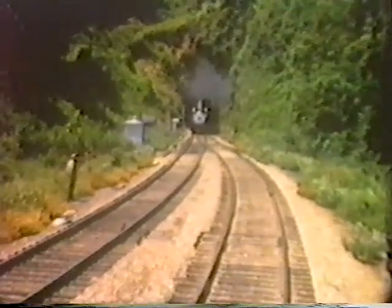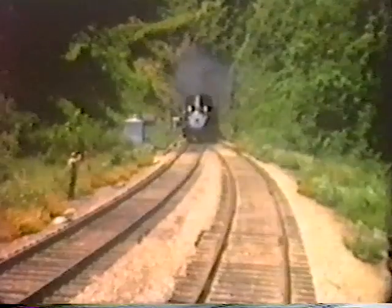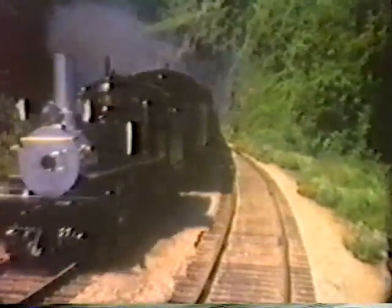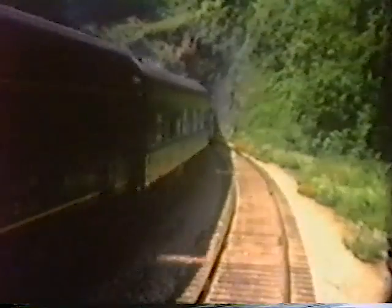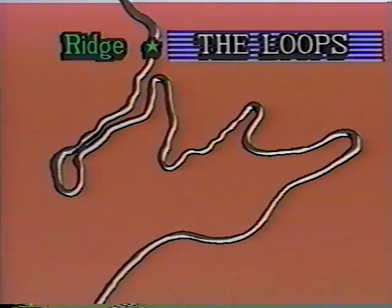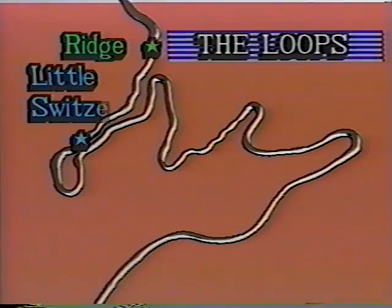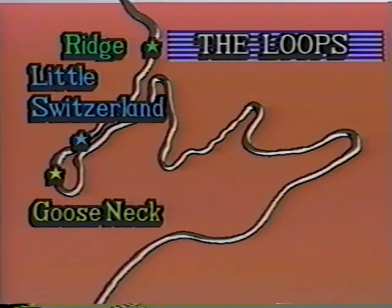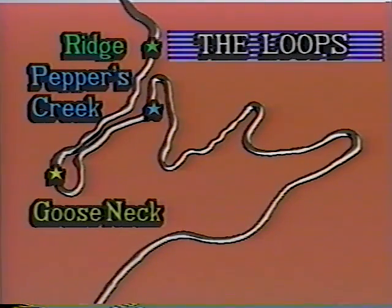As the one spot begins its excursion run down the mountain, I want to take a minute to acquaint you with the fabled loops and some of the shots you'll see as we descend the Blue Ridge. Using a modified cab ride map, we'll begin right here at the top of the mountain coming out of Ridge Tunnel. Our first stop will be Little Switzerland for a look at the upper and lower grades. We'll catch a few tunnel shots near Gooseneck and the Washburn tunnels, and then head for one of only 2